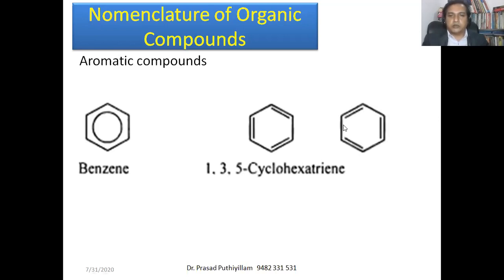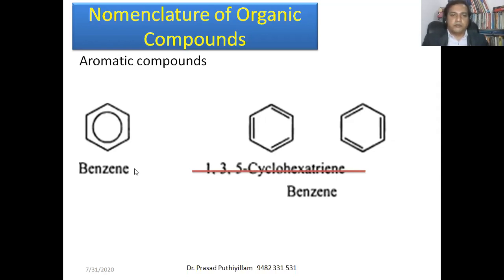So aromatic nature means these double bonds are able to move. They can shift and come here, then this double bond moves there, then this double bond moves to the next carbon atom. So if you give a name like this, then that is not so perfect. Therefore it is not considered as such. So 1,3,5-cyclohexatriene is not considered while giving the nomenclature to the molecule. We treat it as benzene only. Therefore all these three structures are the same, which is benzene.